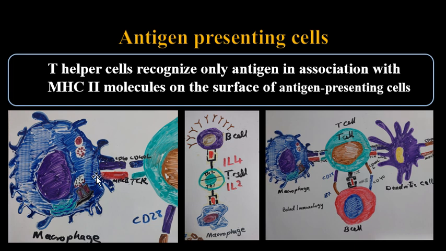These are antigen presenting cells. They present antigen in association with either major histocompatibility class 2 or major histocompatibility class 1. This is in case of T helper 2 interaction with the antigen presenting cell, or they recognize endogenous antigens, for example viral antigens or cancerous antigens, which are produced endogenously, and they bind the major histocompatibility class 1, and they get expressed on the surface,